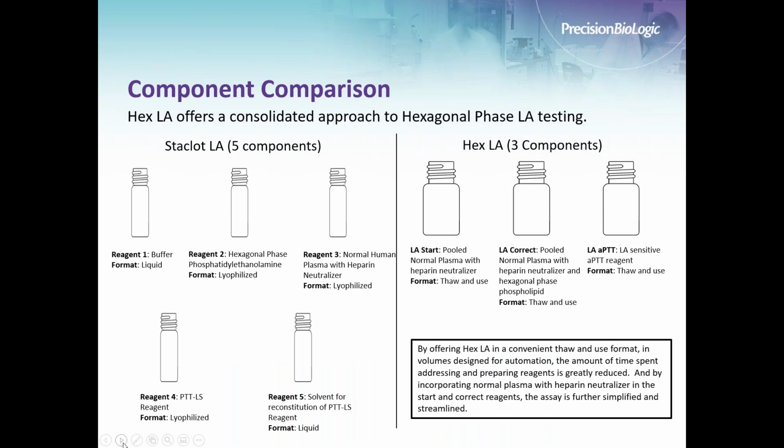So I said there's only 3 components to our kit. If we take a moment to do a comparison of what a StayClot LA looks like versus a Hex LA looks like, you're going to see on the left side of your screen, StayClot LA, 5 components. Of those components, you see a format of liquid versus lyophilized. So you have a mixture of format here as compared to the right side where we look at Hex LA,